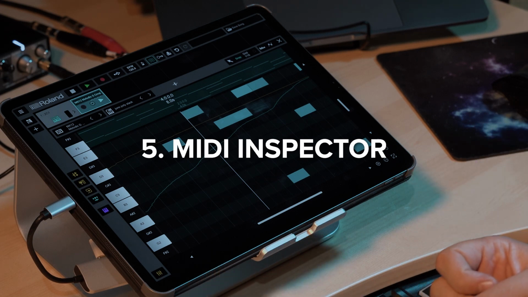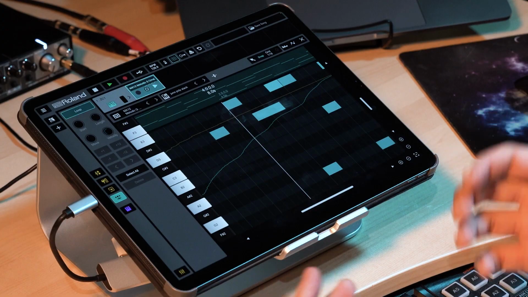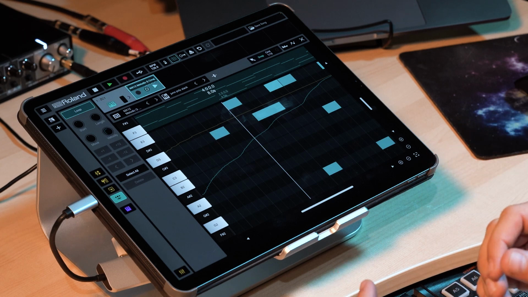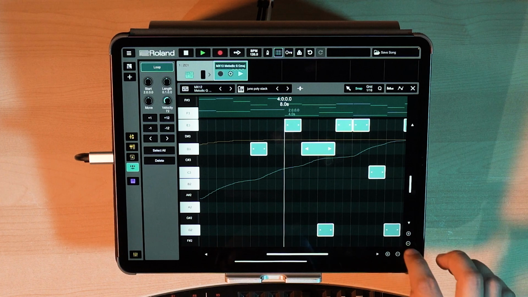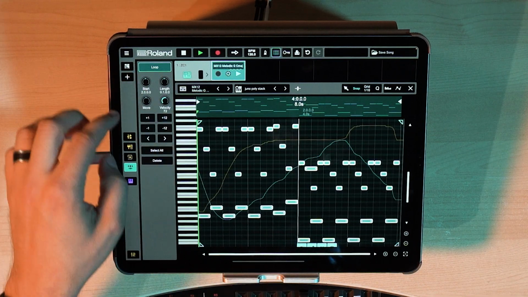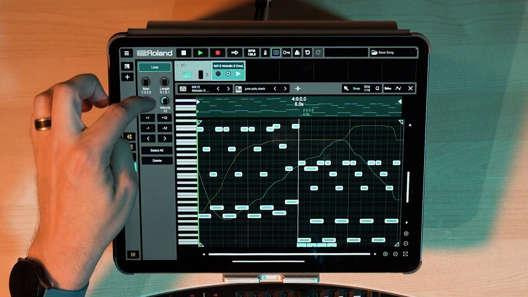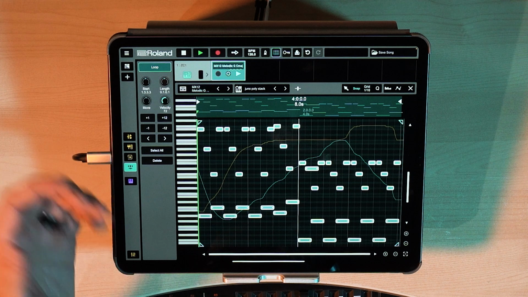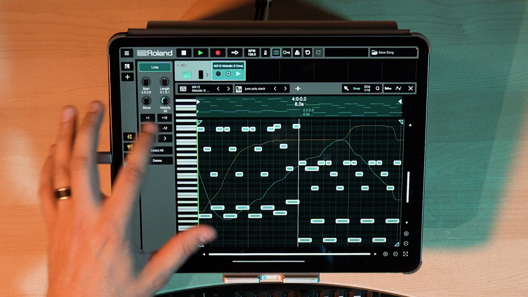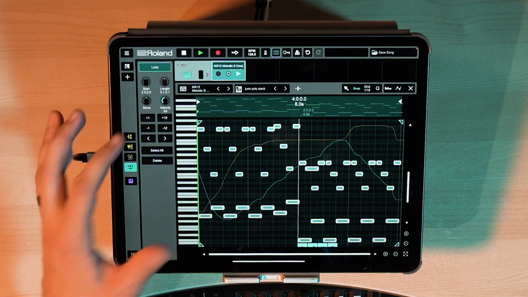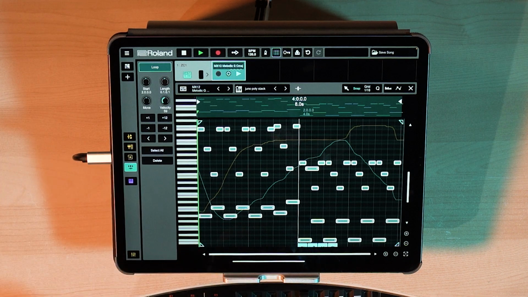The first thing you need to do is show the MIDI inspector. It's right above the on-screen instrument button here. The MIDI inspector provides quick ways to edit all selected notes. So if I tap the Select All button, you'll see that all notes are selected. And we have these dials up here, so I can manually adjust their start time, their overall length. I can move them in between grid lines, even adjust all their velocities uniformly globally. You also have some shortcuts for transposing notes up or down by semitone or by octave, and moving them left to right by grid line.